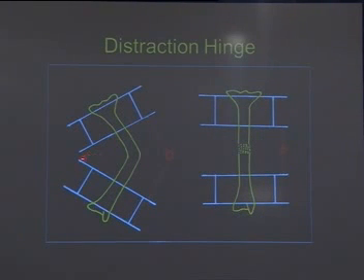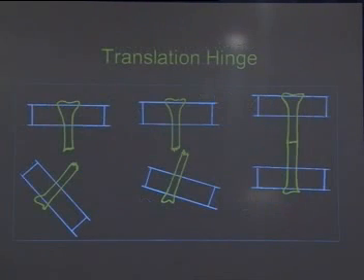If you put the same hinge away from the bone and then distract it, you get a little lengthening also. You get a little distraction as well as opening, and therefore it is called a distraction hinge. The same hinge at a different level gives a different function.